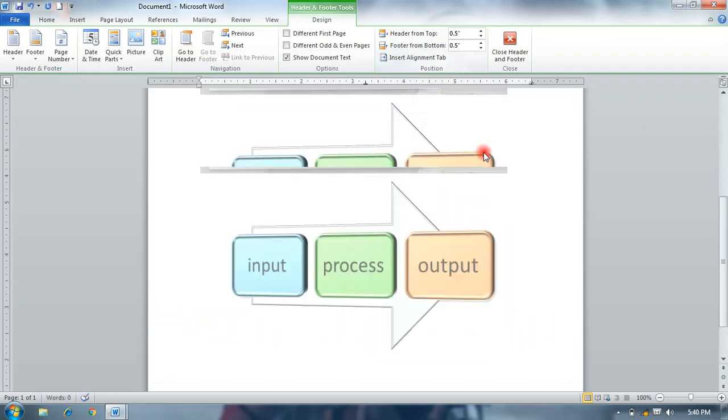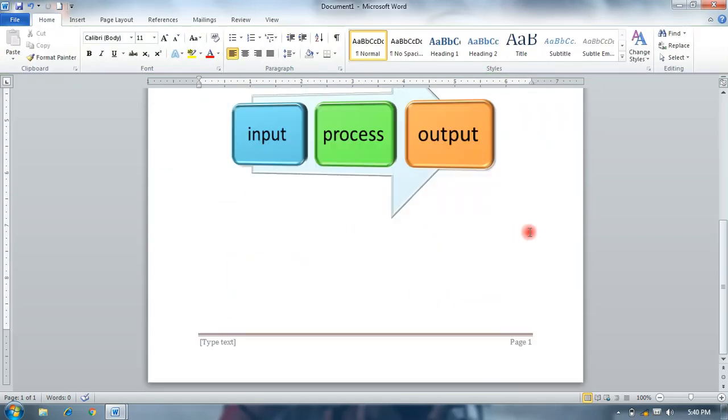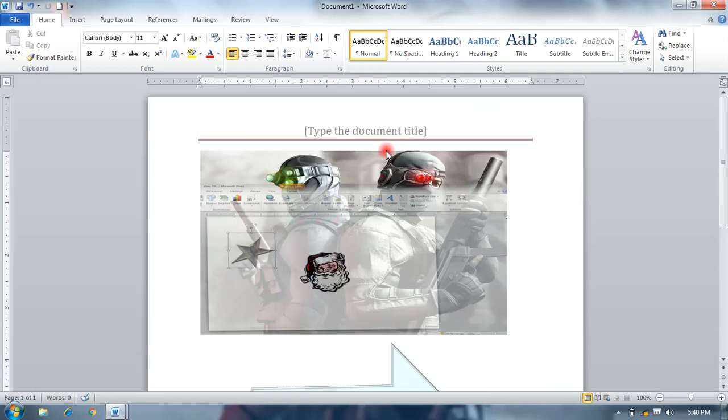Okay, you can close your header and footer from here. Now this is applied on header and footer.